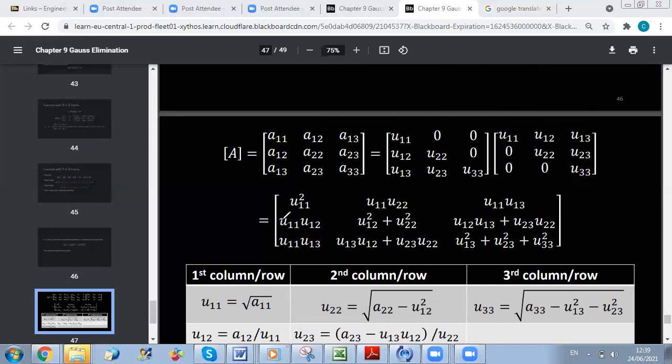If I do the product, the first element will be U11 times U11 plus 0 times 0 plus 0 times 0. So it's U11 squared. This is the first element. Now, if I want to determine the second element, I do the product of the first row with the second column, because this term, let's call it A, should be equal to A21. Okay, yes, because we are multiplying